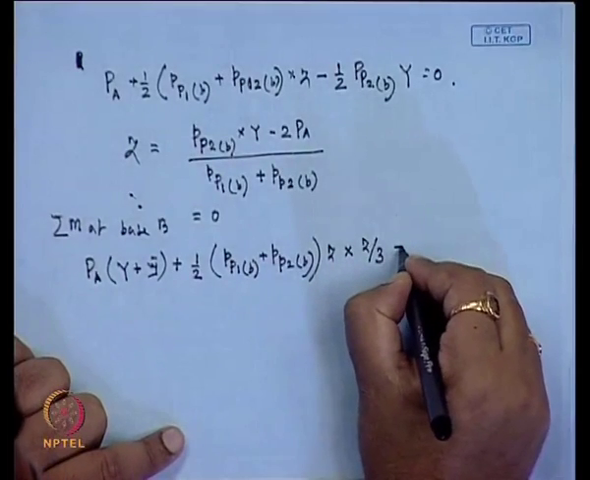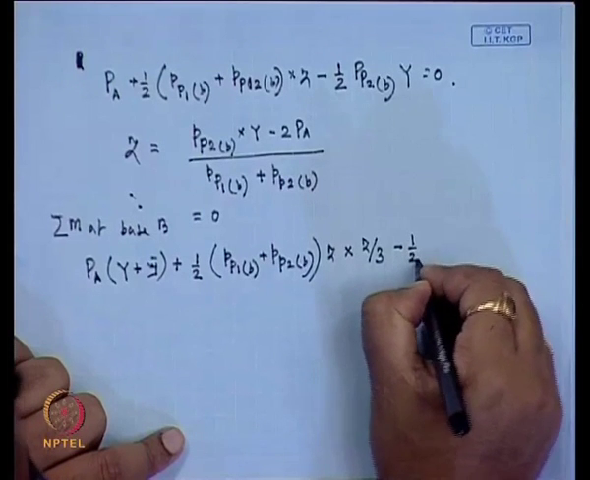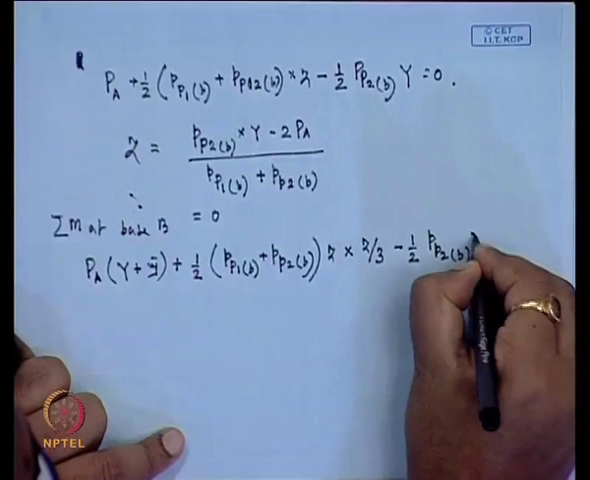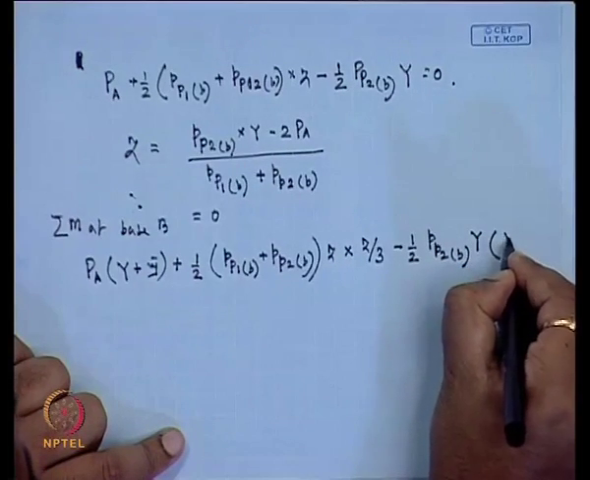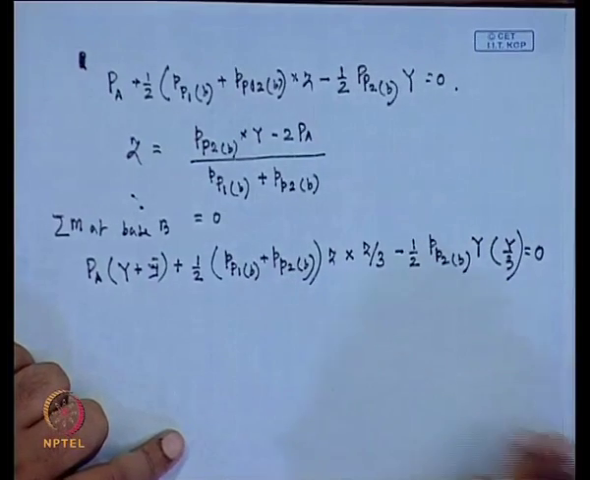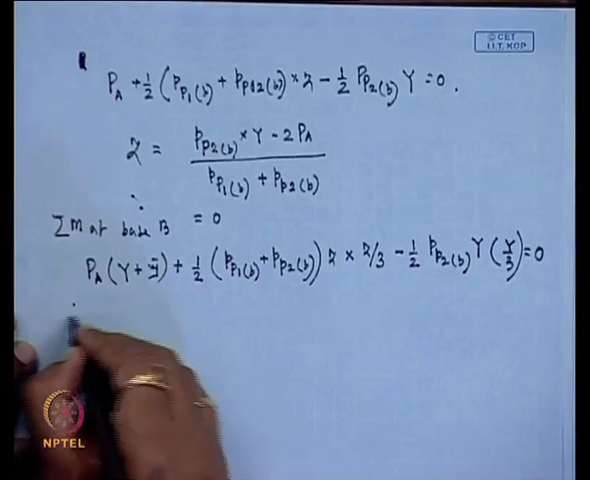Then minus the area for the next triangle, which is half into P_P2 into B into y, acting at y by 3 from the base. And that is equal to 0. So, ultimately, after simplifying,